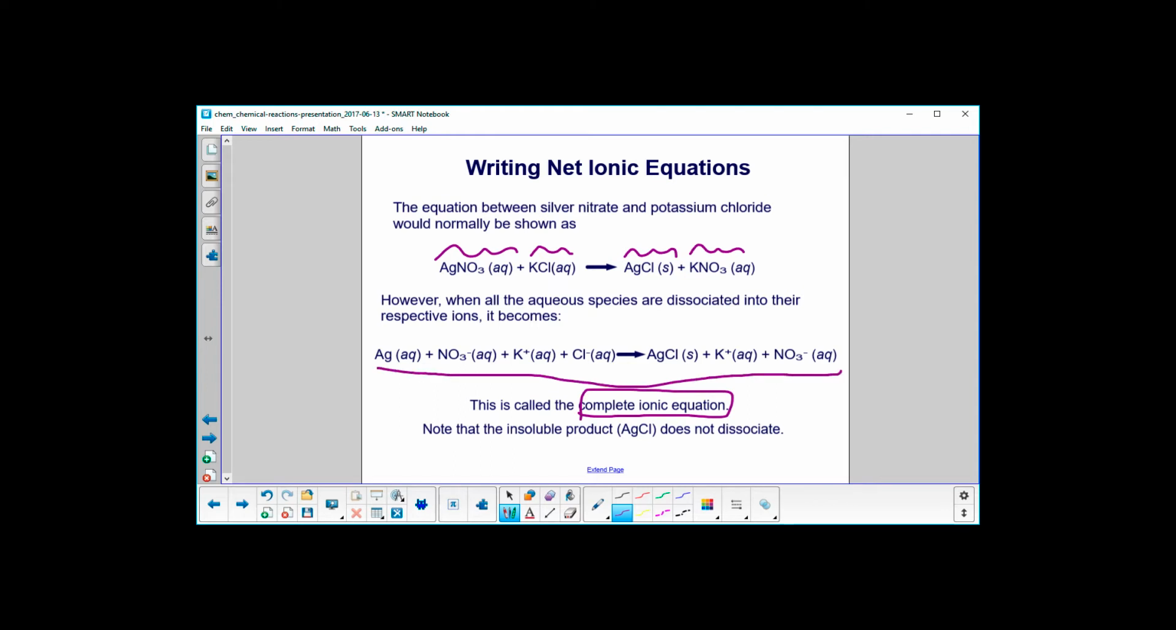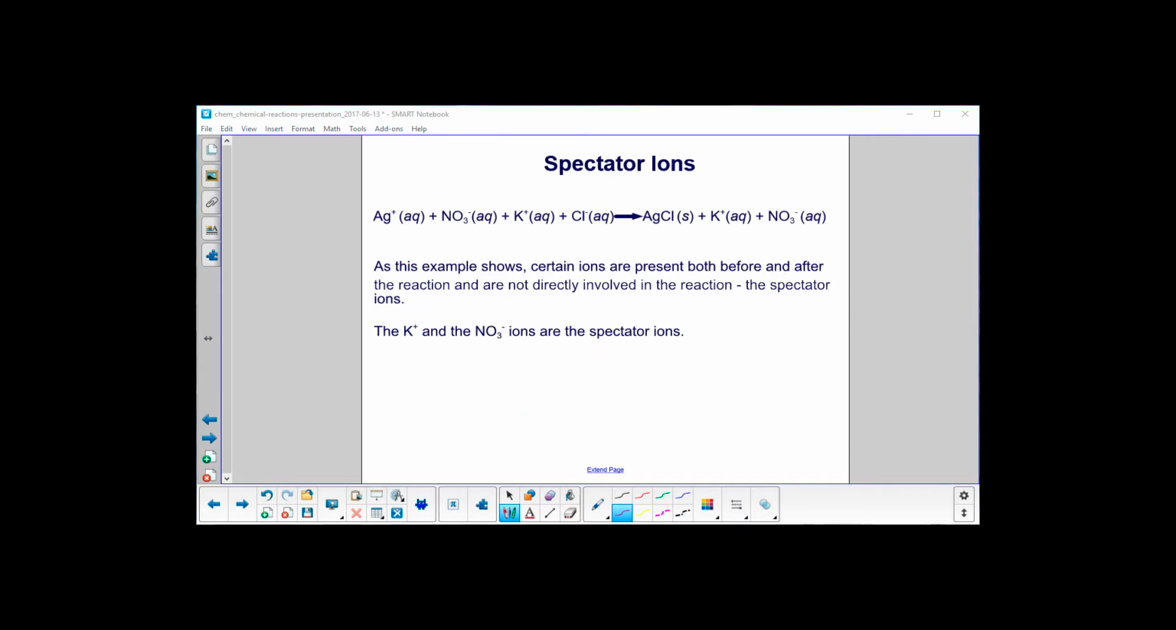Now, can you see which species is not disassembled into its respective ions? Yep, right here, the precipitate. This is coming out of solution and forming a solid. As this example shows, certain ions are present both before and after the reaction. They are not directly involved in the reaction, and they are called the spectator ions. In this case, the potassium and the nitrate ions